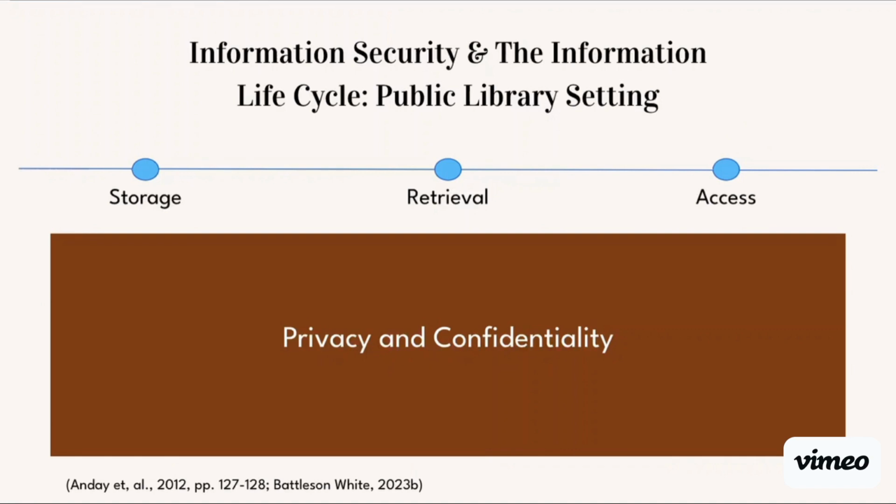In a public library setting, information that is acquired must be stored in a way that ensures user privacy and confidentiality is maintained. For example, libraries typically keep some sort of patron records in a database. If there are flaws in the library's information storage system, user data may be at risk during the retrieval phase of the information lifecycle, and private patron information, like personal information and materials borrowed from the collection, may be accessed by unauthorized users who do not usually have permission to view this information.